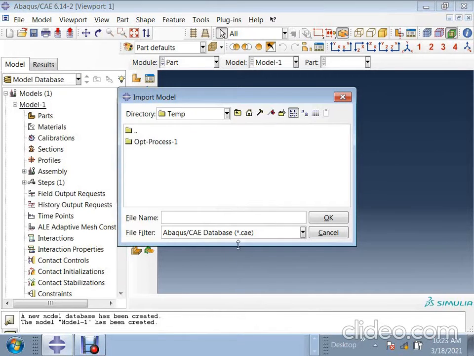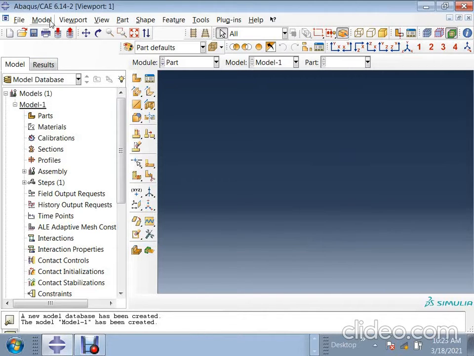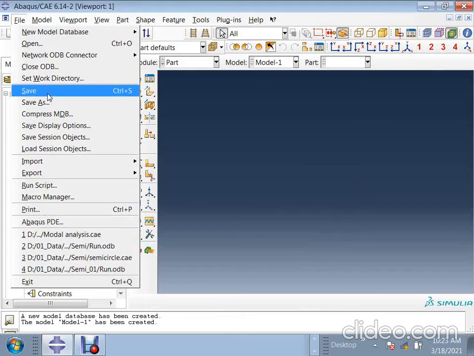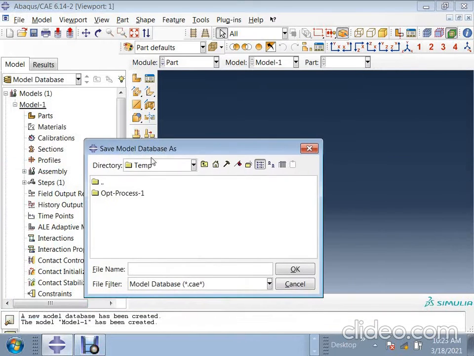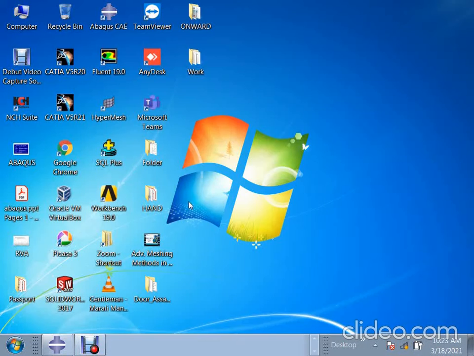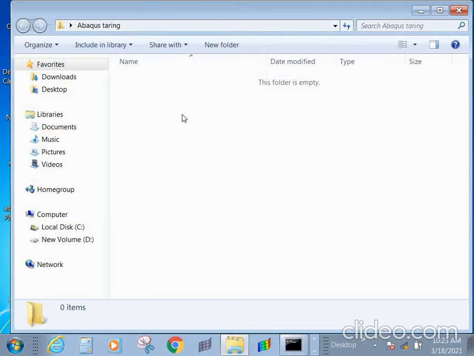One is model. You can see in the file filters it shows .cae. .cae is nothing but the extension of your Abaqus file. Whenever you save the file here, for example, I take a save. I'll take it to the desktop itself.